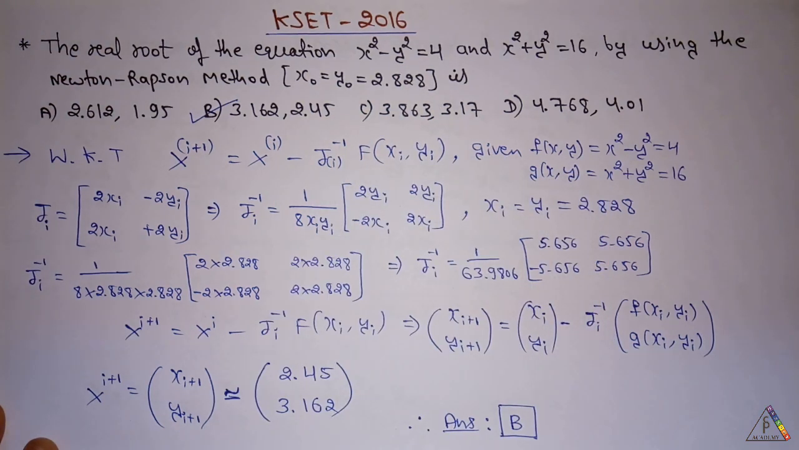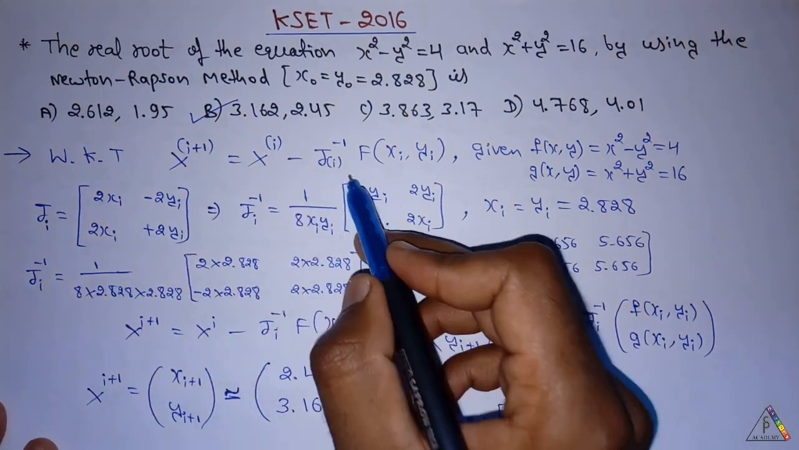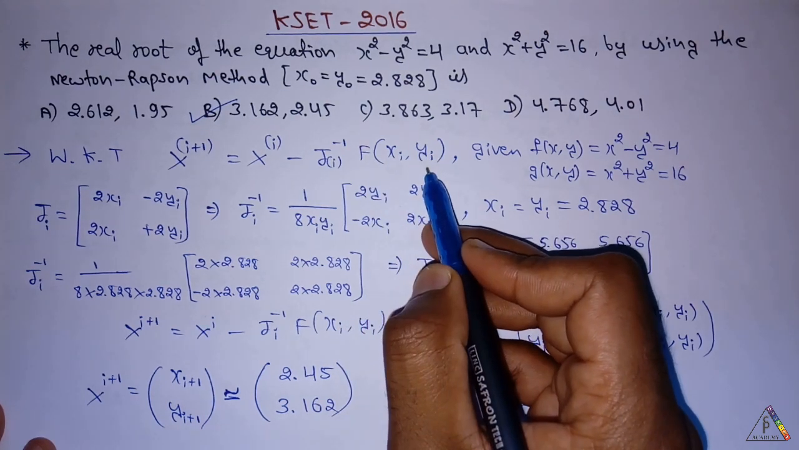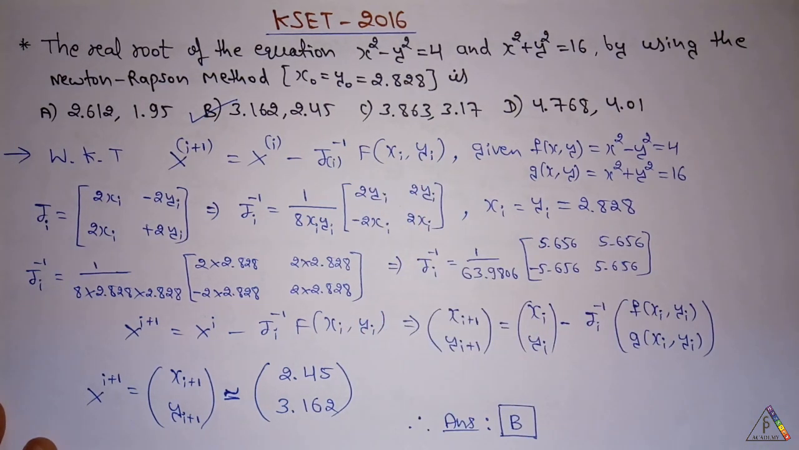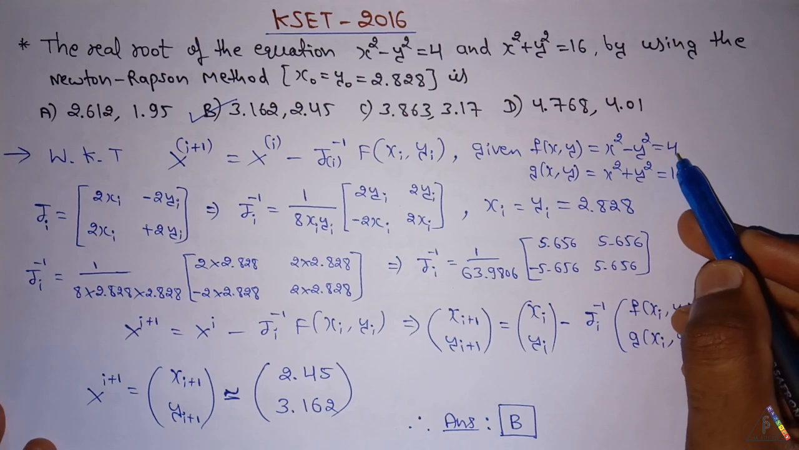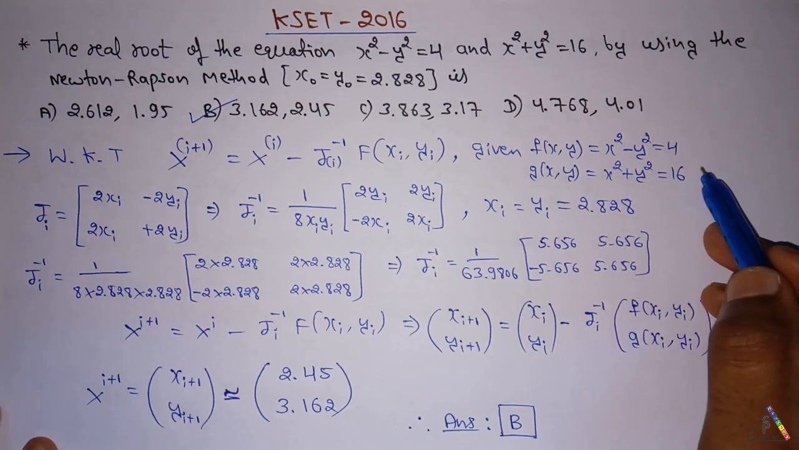For that we know by Newton-Raphson method xi plus 1 is equal to xi minus J inverse f of xi comma y of i. They are given the two functions f and g as x square minus y square is equal to 4 and g as x square plus y square is equal to 16. First,